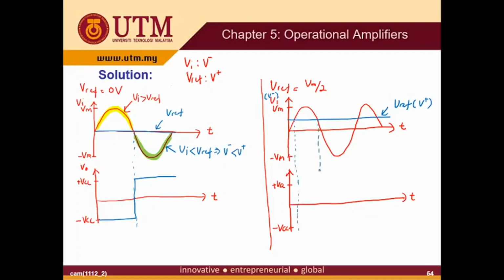Let me draw the transition point. So this is the transition point from the plus VCC to negative VCC. So we start with this one, the V minus, minus VCC, and then here your V in is larger than V reference, means that your